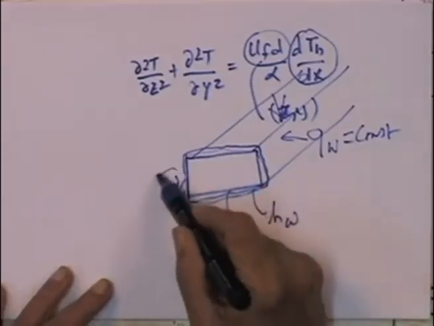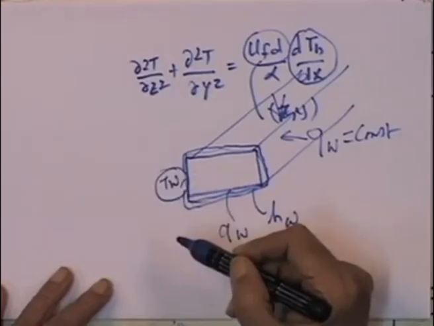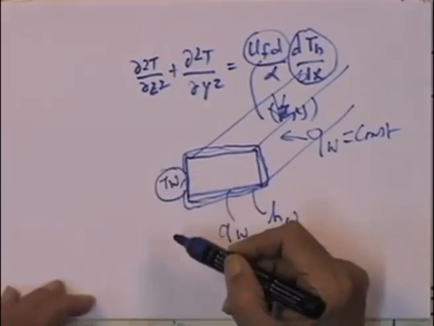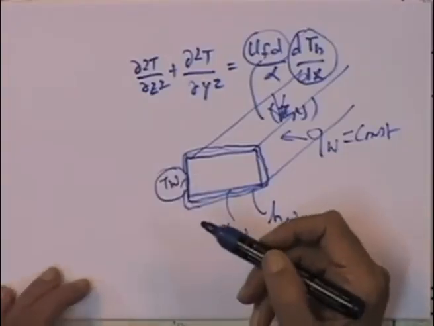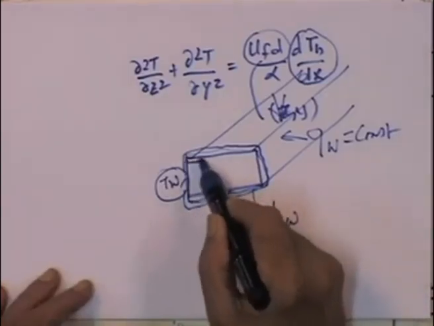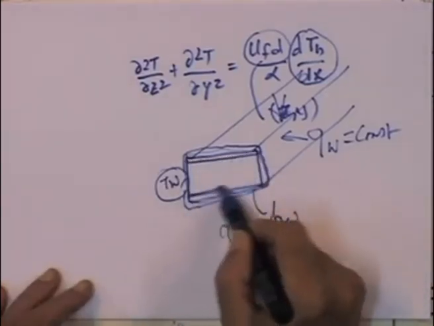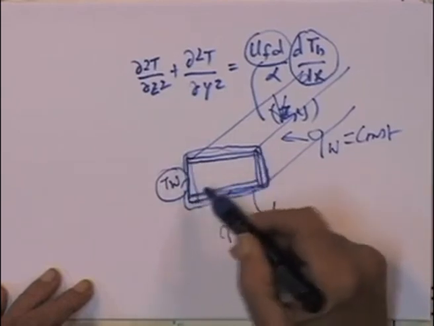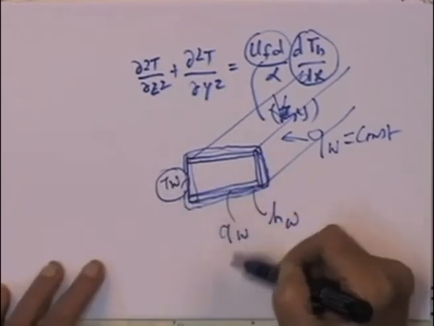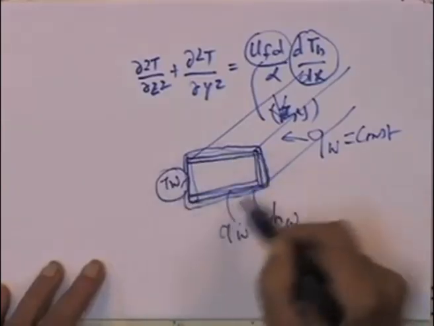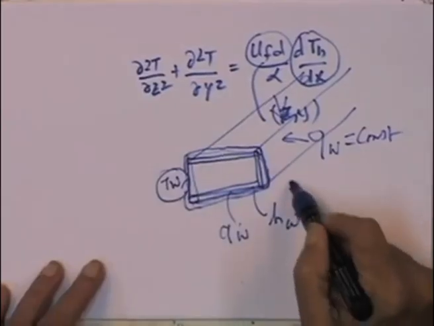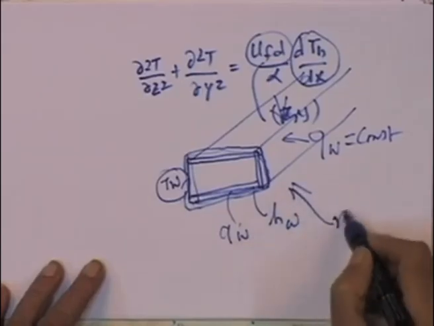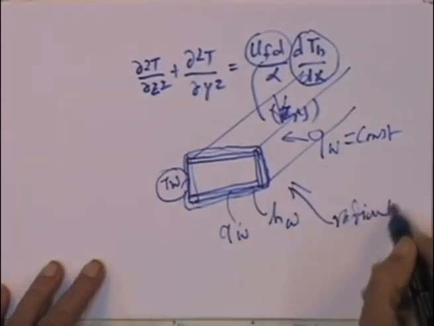T w varying situation arises principally when a certain side of the duct is made of one material, where the other side is made of another material. That is one possibility. Q w variation can arise because you may have radiant heating, which can come from one side,